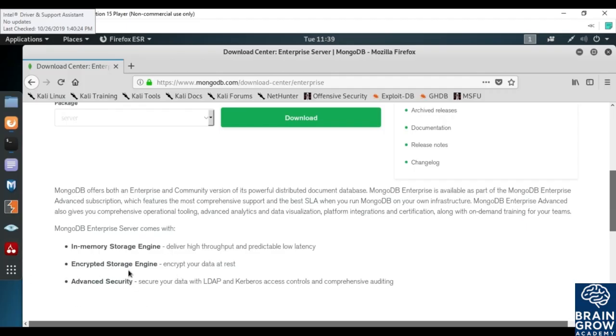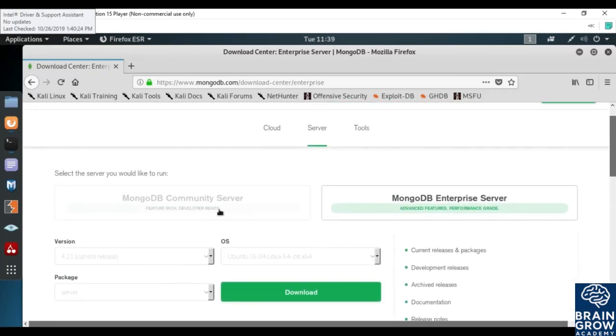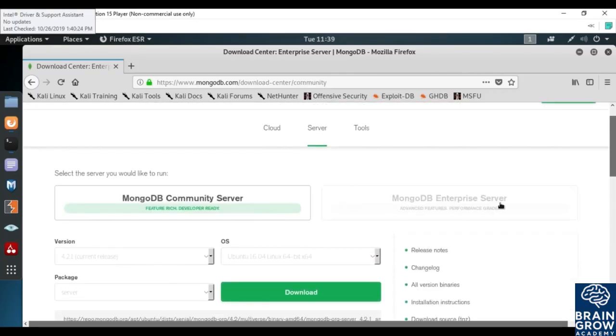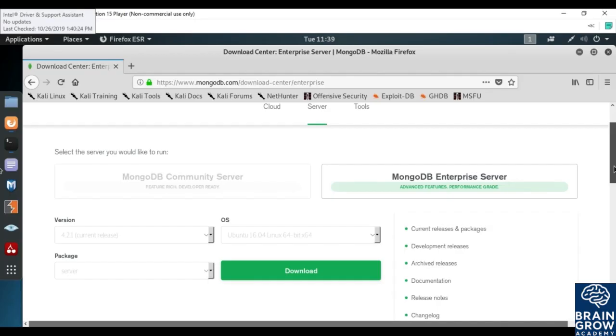So if you want to use it on an enterprise level, you can go with the enterprise server, and if you want to use it for development and testing purposes, you can go with MongoDB community server. And if you want to learn MongoDB, you can go with MongoDB community server. But let me tell you one more thing: if you want to use enterprise server for your development and testing,